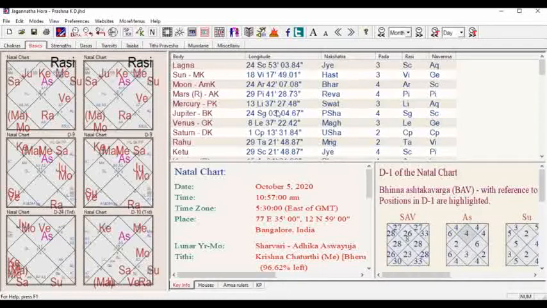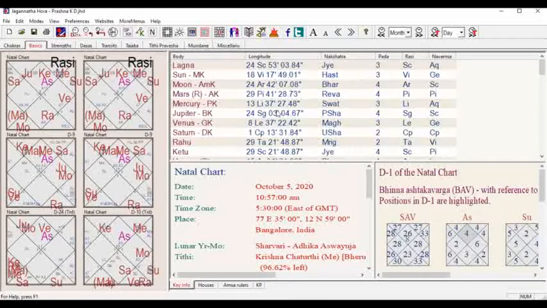one very important thing. They ask about their marriage. They ask about their marriage. So your eyes should go onto the seventh house, which has Rahu in it. And this is the first thing we notice. They are asking about their marriage. So we notice, okay, Rahu is marked, seventh house is marked.